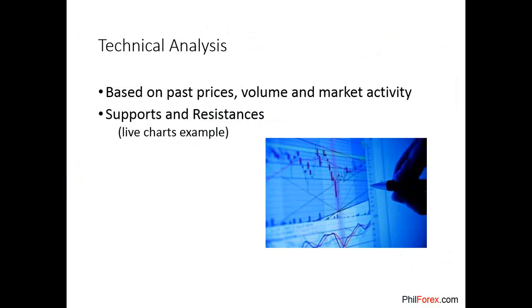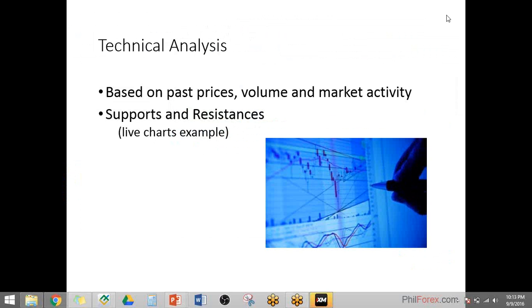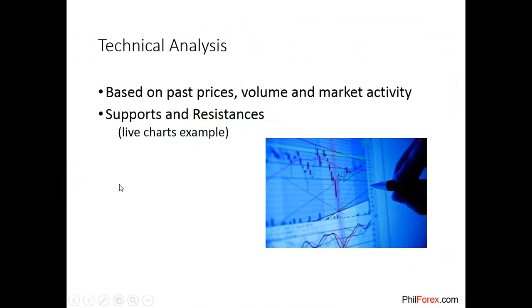So you have this thing called supports and resistances. A lot of you may have studied this already, and some of us might not have read that before. So what are they? Supports and resistances are basically not really points, but areas in your chart where prices are likely to bounce. Again, these are areas in your charts wherein prices are likely to bounce. You have support and then you have resistances.